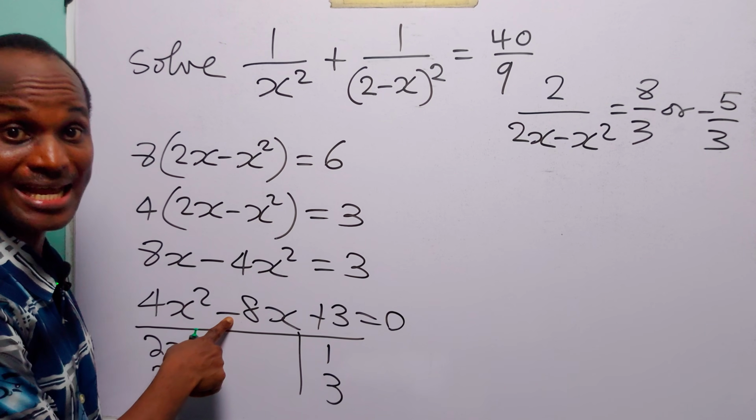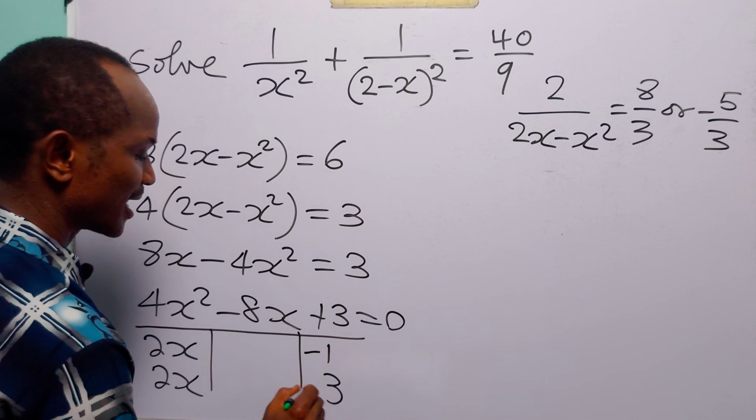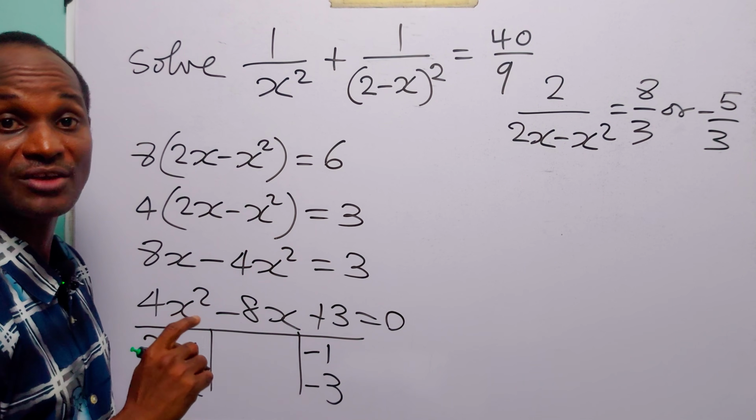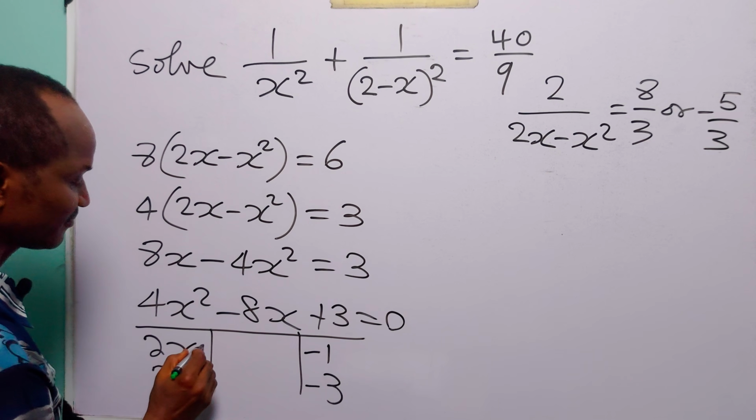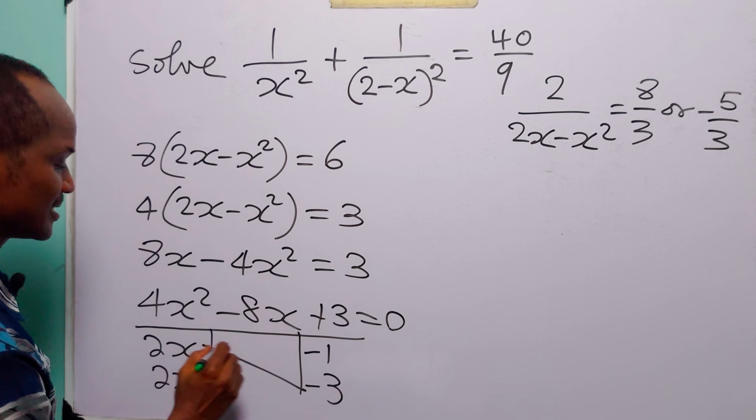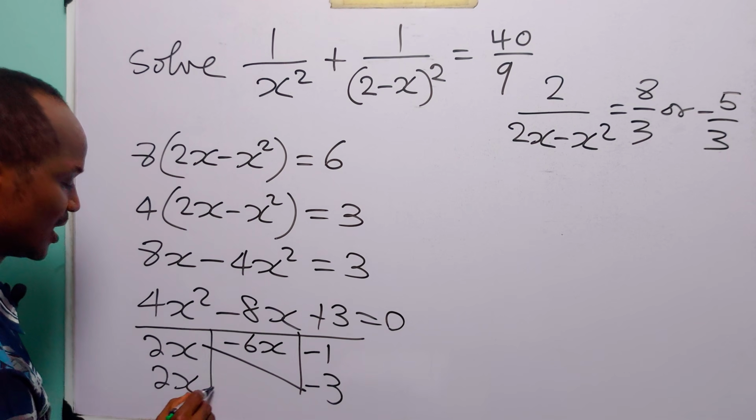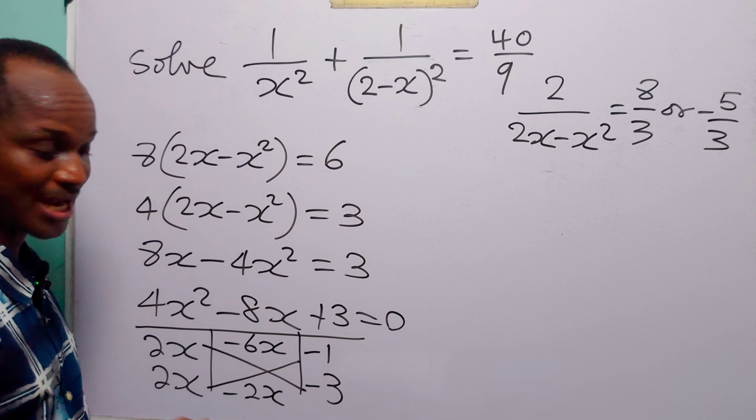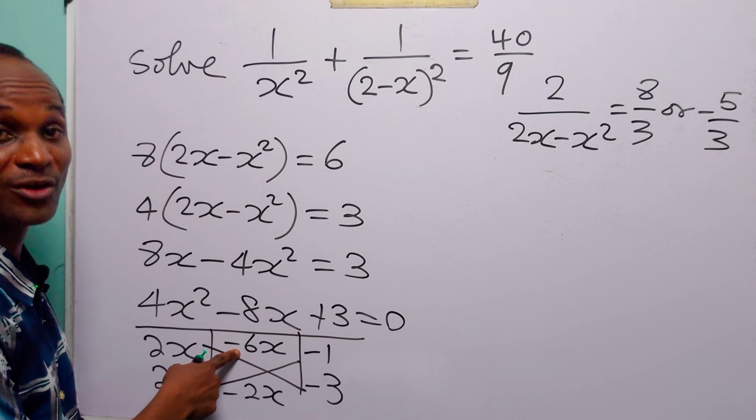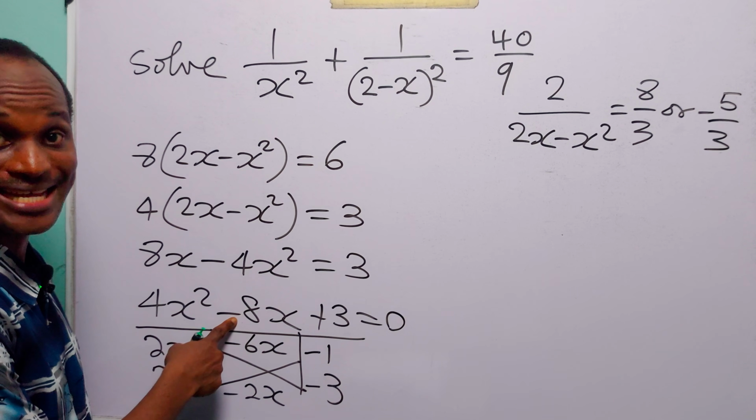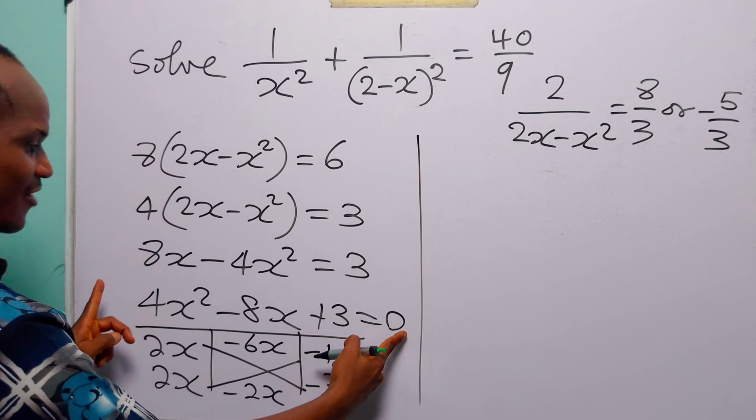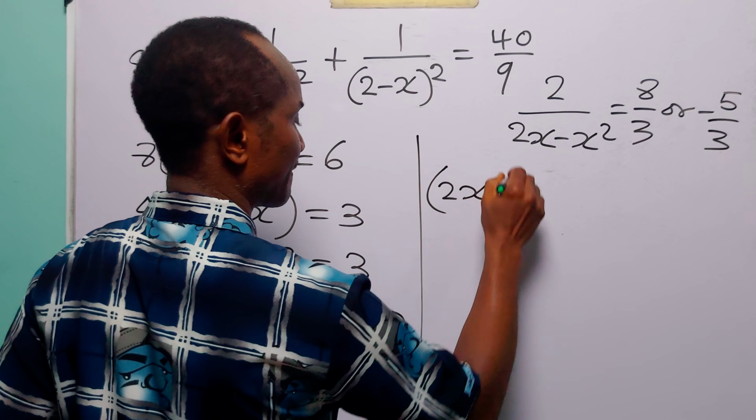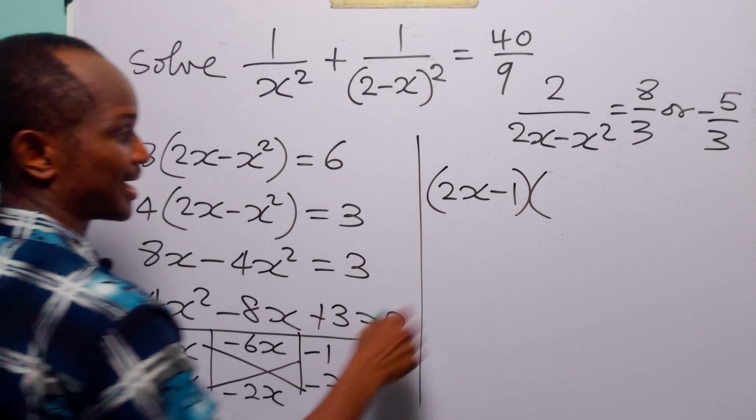But notice that the middle term is negative. So let this be minus 1 and let this be minus 3. Of course, minus 1 times minus 3 is still going to give us plus 3. 2x times minus 3 is minus 6x. 2x times minus 1 is minus 2x. And you can see that minus 2x minus 6x is going to give us minus 8x. That means that we can write this equation as 2x minus 1 multiplied by 2x minus 3